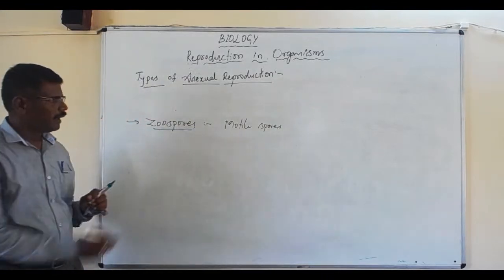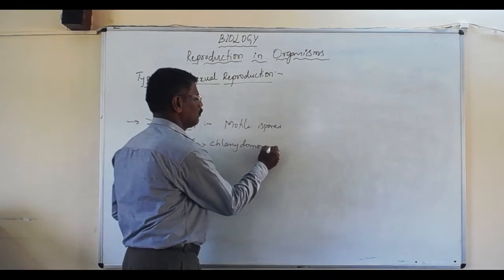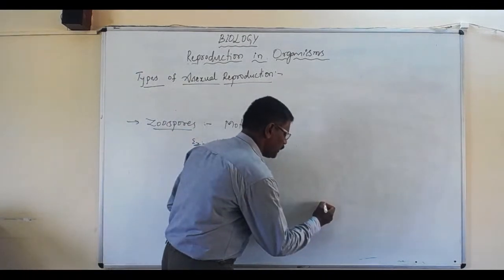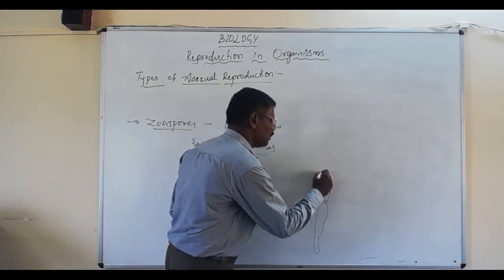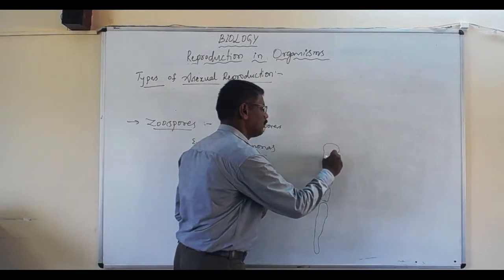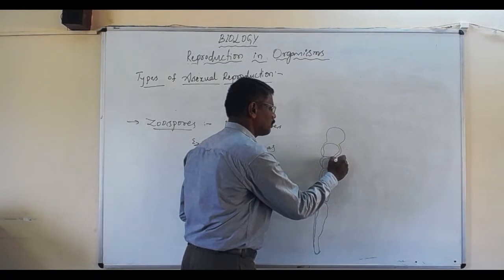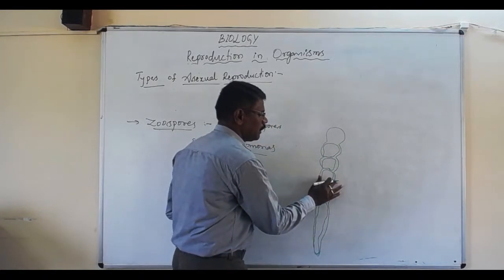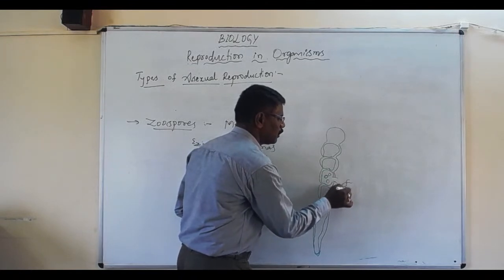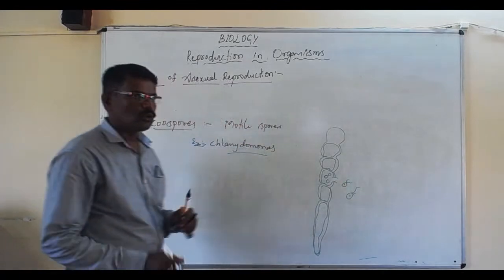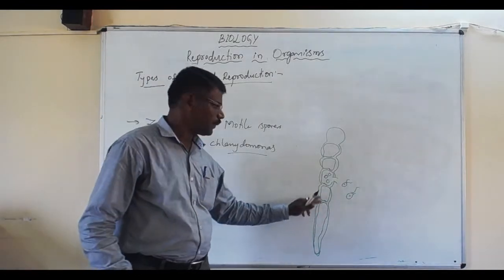In Chlamydomonas, the zoospores are the motile spores formed on the Chlamydomonas cells, while after maturation of the cells of Chlamydomonas in